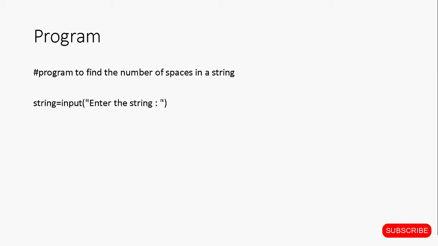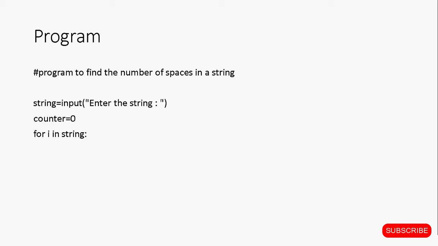To traverse through all the characters of the string, we will use the for loop and the statement for i in string. Here, string is the variable that contains my user input. Now, we need to find the number of spaces inside the string. So, we will have to count that value and place it somewhere. For that, we will use a variable counter and will provide an initial value 0 to it before the loop, and thus the statement counter is equal to 0.